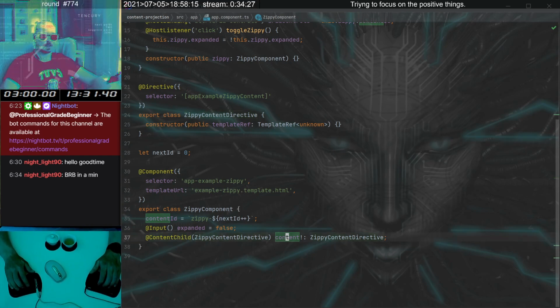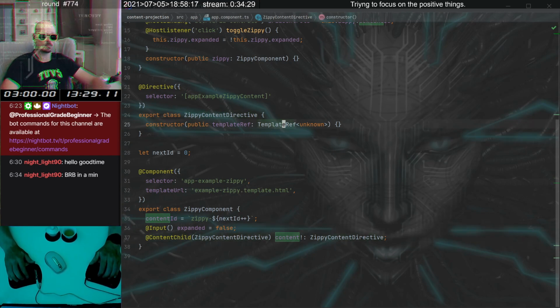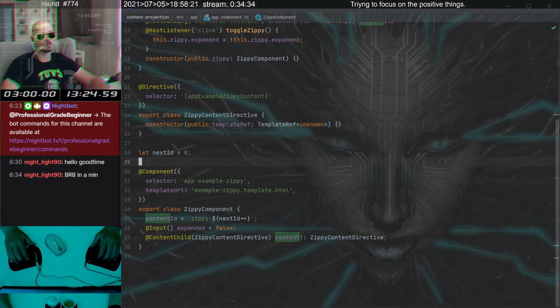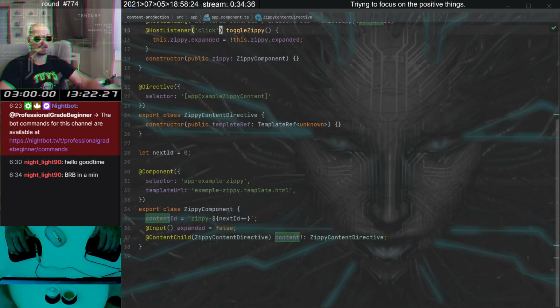Okay, so we mark it as content, and with a template ref we will have just the reference to the template. I see. And then in the